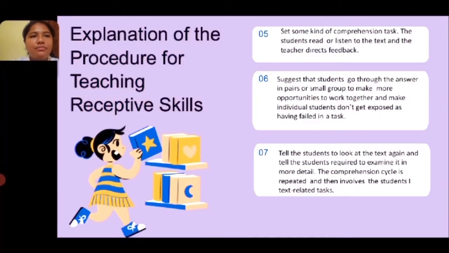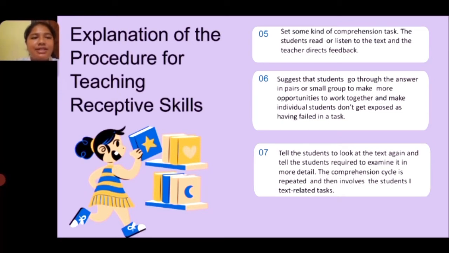Next, number 5, set some task. The student reads or listens to the text and the teacher receives feedback. And number 6, suggest that students compare the answers in pairs or small groups to make more opportunities to work together, so that individual students don't get exposed.